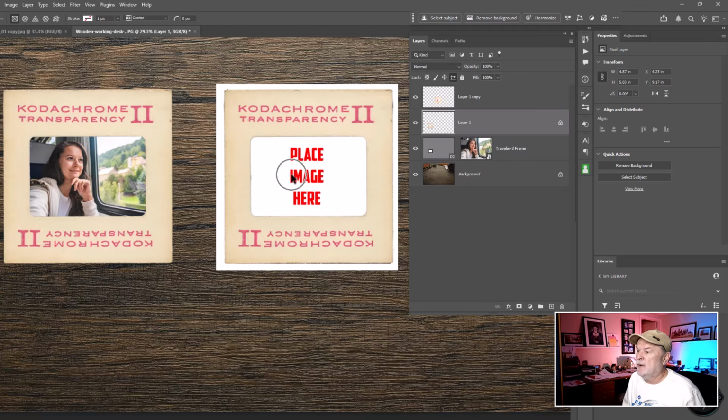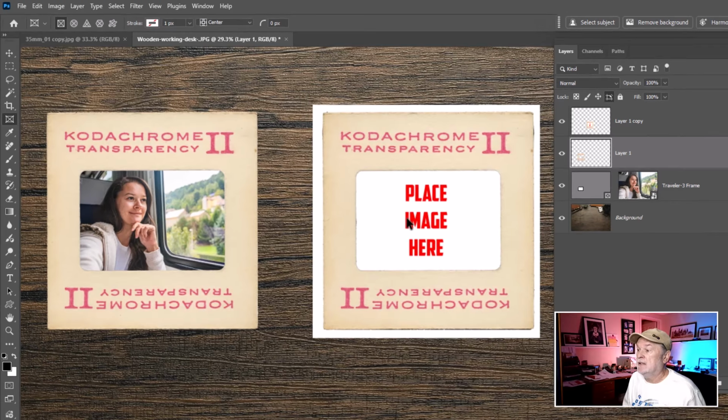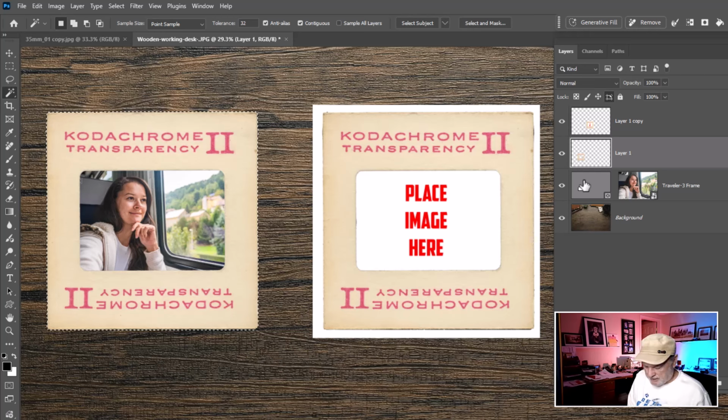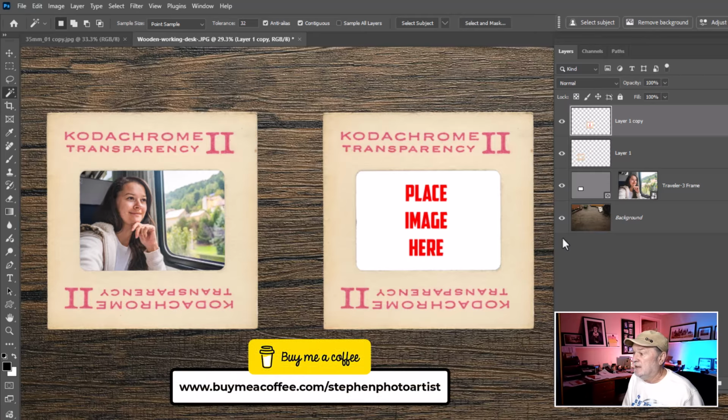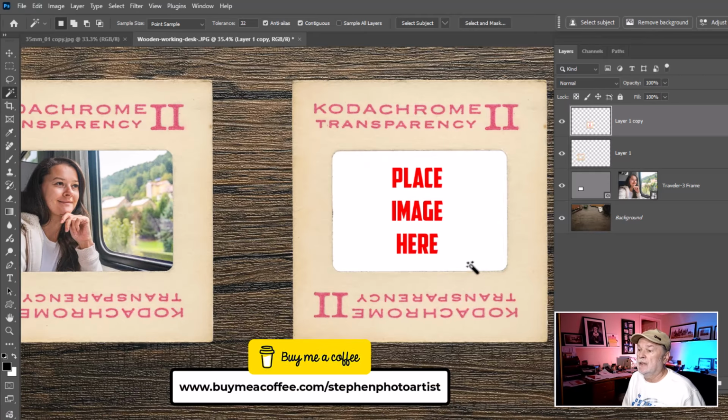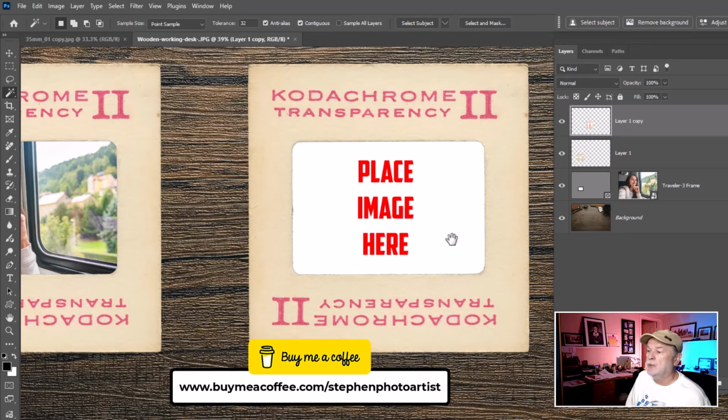But if I come over here, and let me clean this up a little bit. So I'm going to grab the magic wand again, and I'm going to reactivate contiguous because that's your default setting. So if I click here, whoops, I'm on the wrong layer, Steve. Let's deselect that. Sorry about that. Make sure I'm on the right layer. Click there, and then delete on the keyboard. So now that's finished. Let me deselect that. So I'm just doing Control D or Command D to make my deselection. What I want to do is I'd like to add